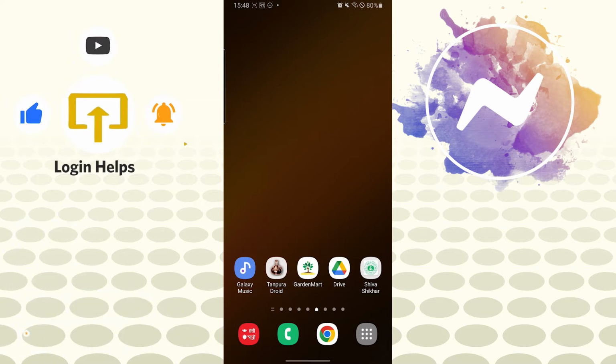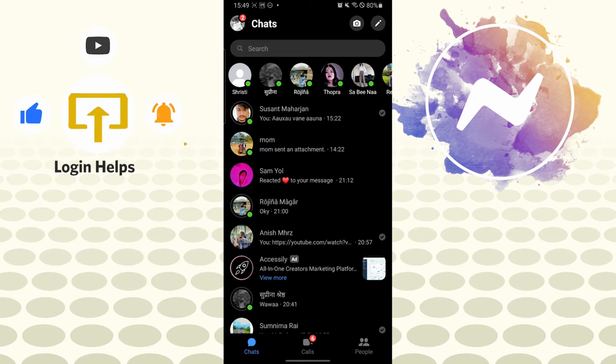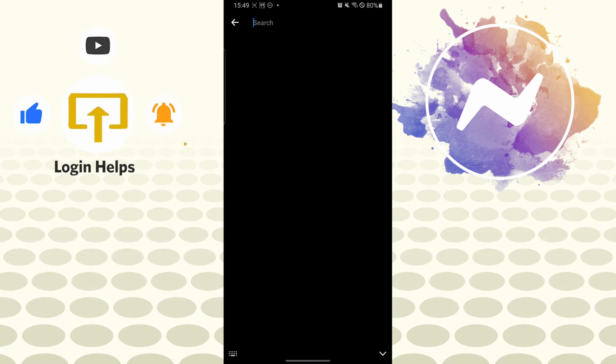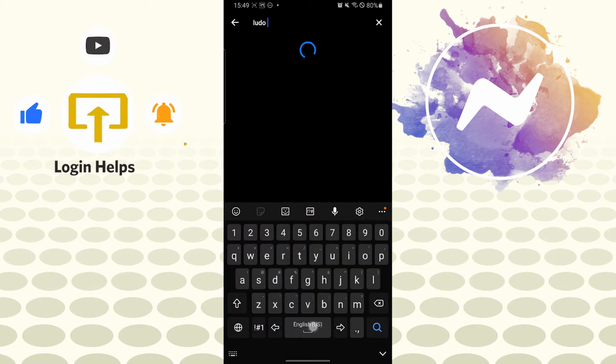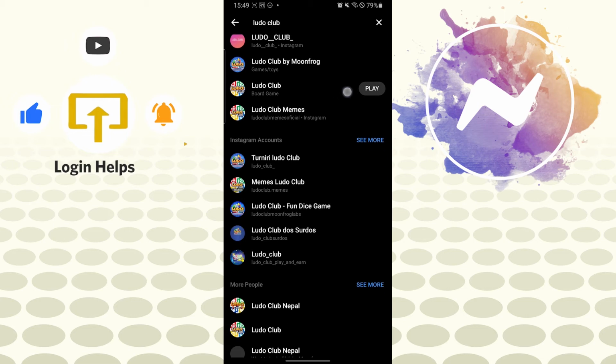Now to play the Ludo game on your Messenger with your Facebook friends, let's open up our Messenger app first. And after opening your Messenger app, you can see the search bar on the top of your screen just below your profile picture icon. Tap on the search bar and type in Ludo Club like this, and you can see the Ludo Club game board over here, and it has a play button at the right side of its name, and tap on play,